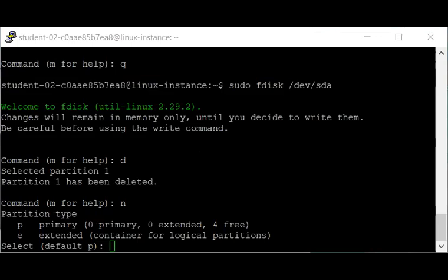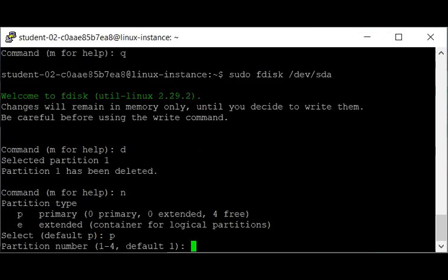fdisk will present you with two options to select from: P for primary and E for extended or logical partition. Since we want to create the partitions on the actual physical disk, select P by pressing enter. Next, you will need to provide the partition number for the new partition.